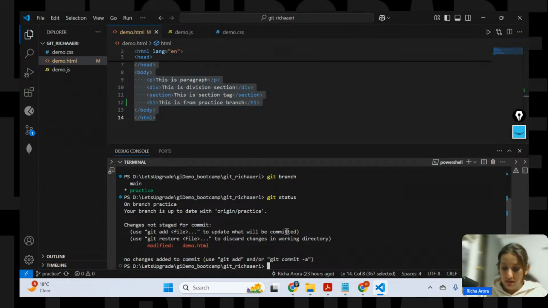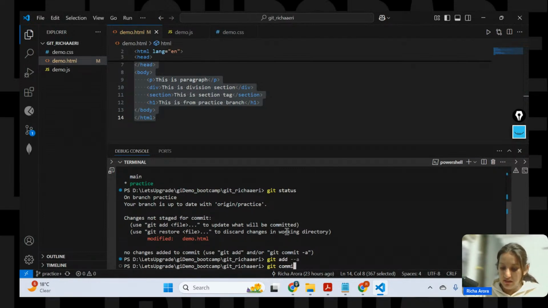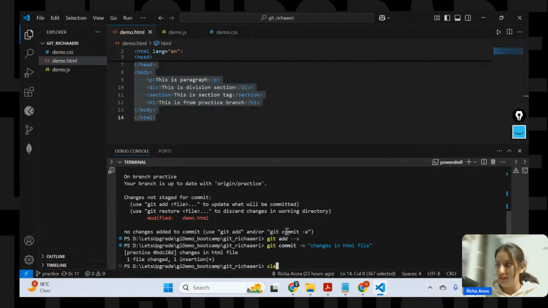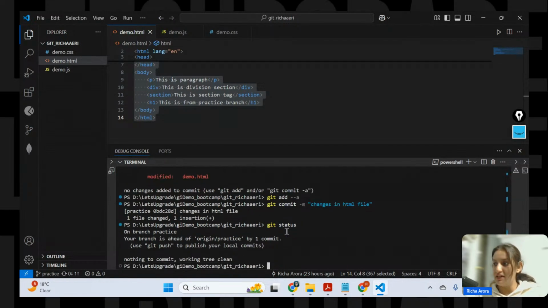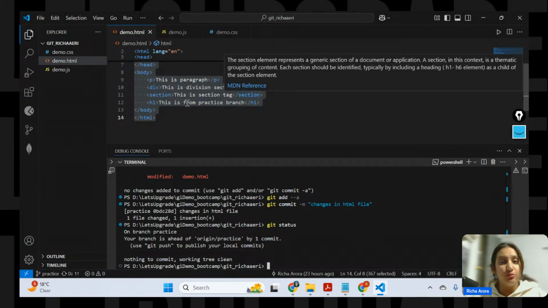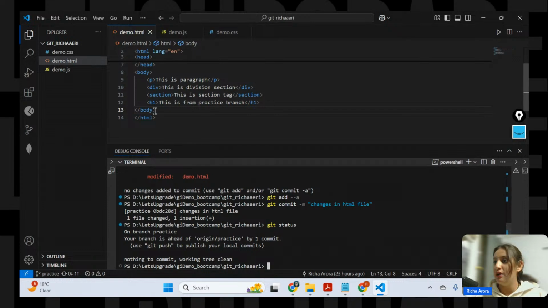All right, we need to perform git add -A, then git commit -m "changes in HTML file". All right, and then git status and hit enter. Now see, this is how it is working. Right now I'm not going to merge anything. What will I do now? This line number 12 is present in the practice branch only. So what I will do is